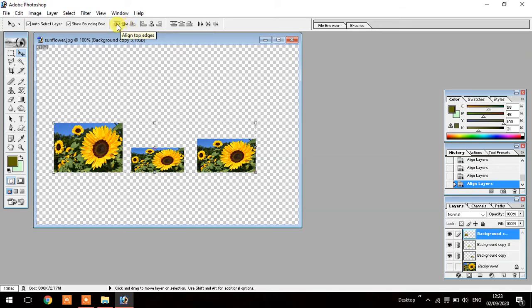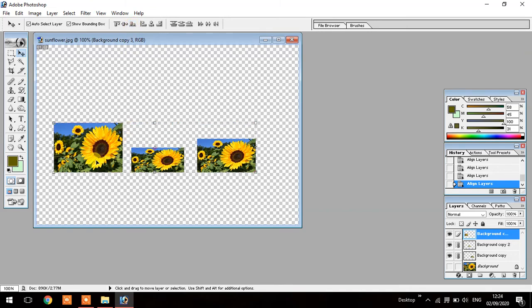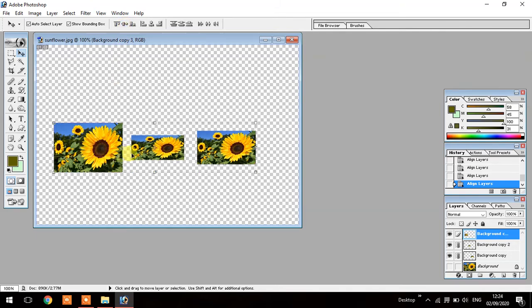When you click on top align, all images are in the same alignment from the top. When you click on bottom align, then all images are aligned to the bottom. And when you click on vertical center alignment, then all images are aligned within the center.